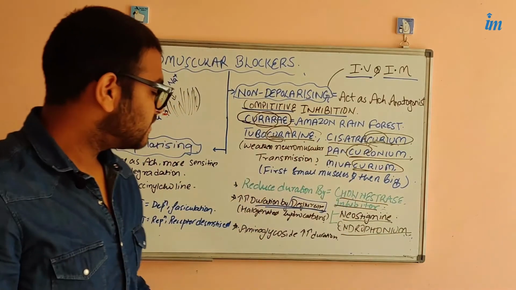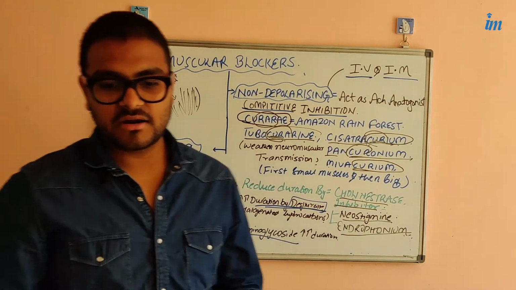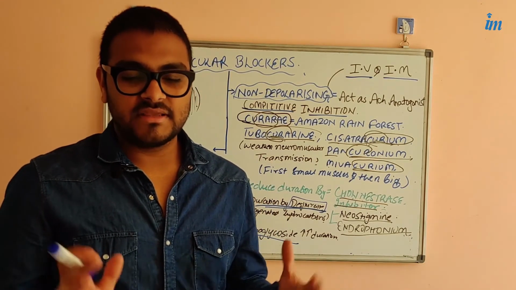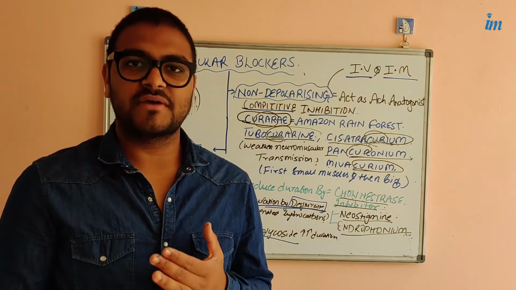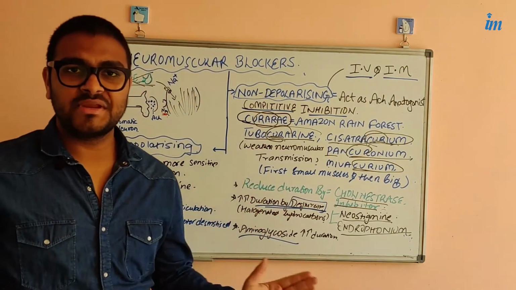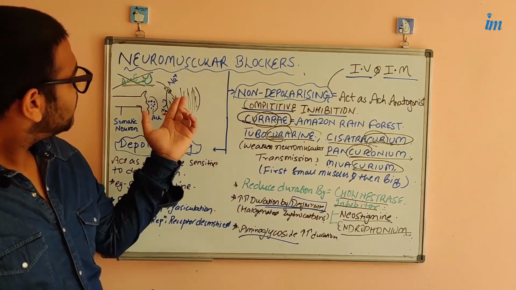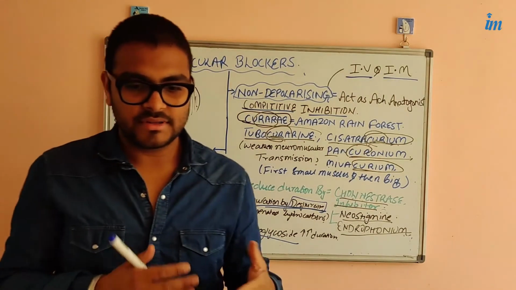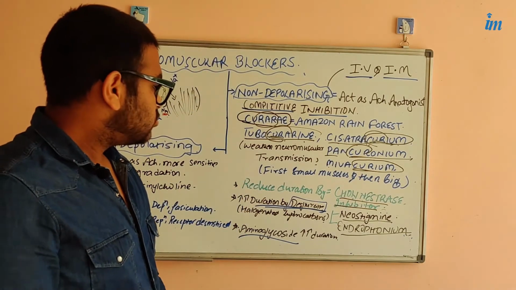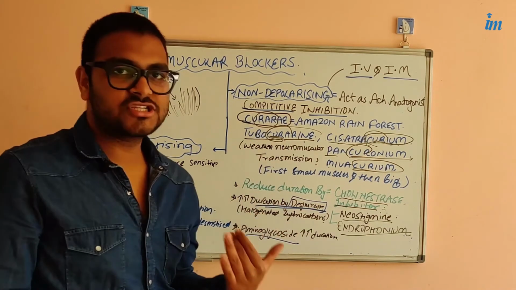blocking agents. Okay, then the other type of interaction is with the aminoglycosides. Aminoglycosides are some antibiotics, for example gentamicin and tobramycin. These gentamicin and tobramycin also have a synergistic effect. Means they will also increase the duration of action of the neuromuscular blocking agents, because they will also make the receptor sensitized and the effect will be increased. Okay, so we have discussed all the non-depolarizing neuromuscular blocking agents, and now we are going to discuss the